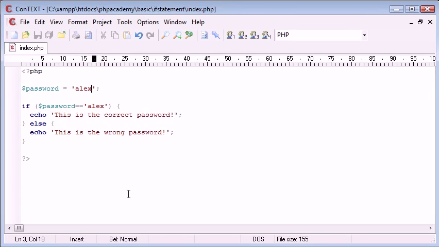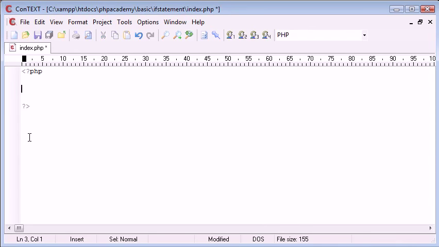Okay, now let's take this into a completely different example. I'm going to create a variable called age, and this is going to be equal to 21, so we're using an integer type here. Now I'm going to create an if, else-if and else. This obviously sounds really confusing at the moment, but we're going to create our if statement saying if age is bigger or larger or greater than, however you want to say it, greater than 21,